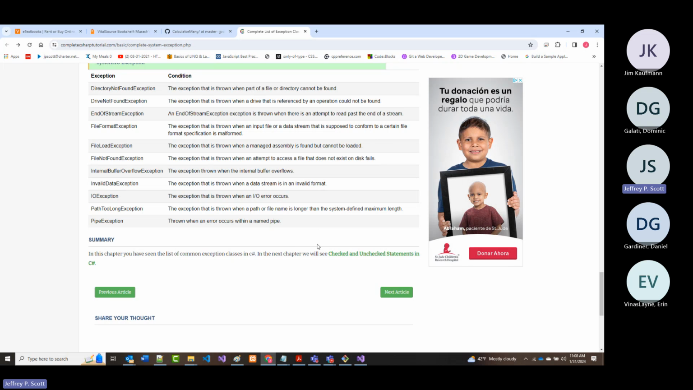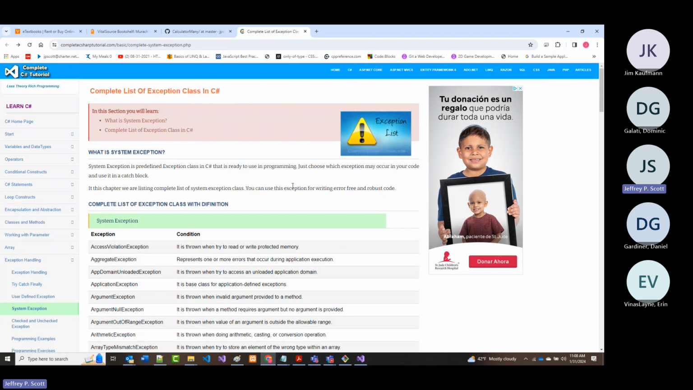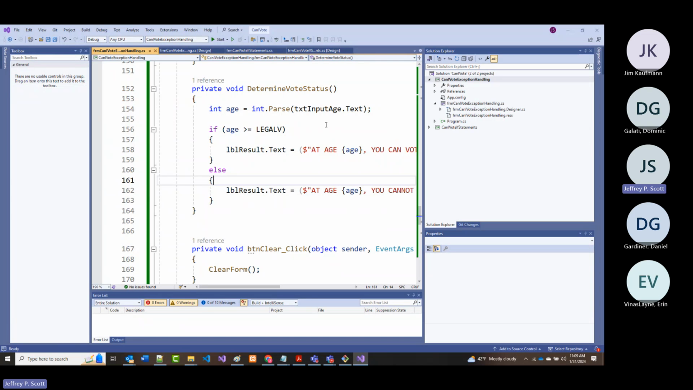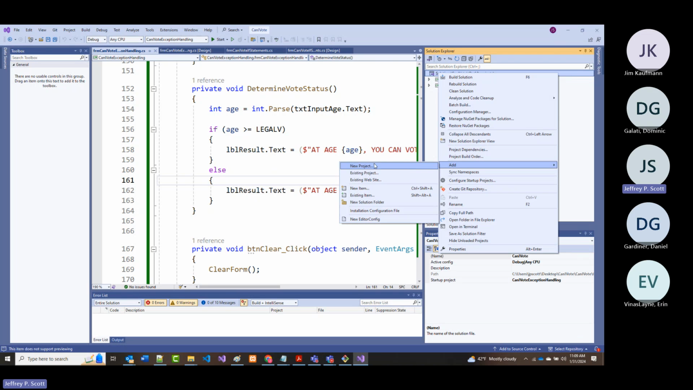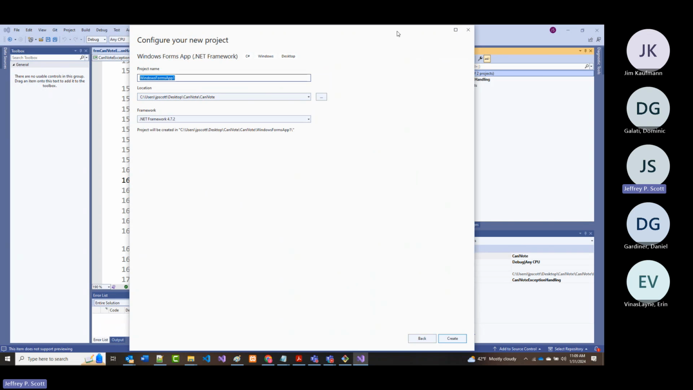So tomorrow, again, right when I get done producing this and putting it out there for you, I'm going to attempt to go back. You'll see it. And I'm going to attempt to write one more of these. So I will do an add, a new project, and the Windows forms. And this will be